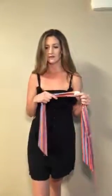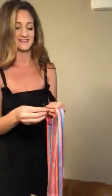So I want to show you this really quick style. It's like a bun that incorporates a scarf, and I'm just going to use a couple bobby pins. I could only find 3 here at my house, so we're gonna try and make it work. Okay, so I'm gonna put these in my little pocket right here, and here we go. So I'm gonna take 2 sections and split it in half,